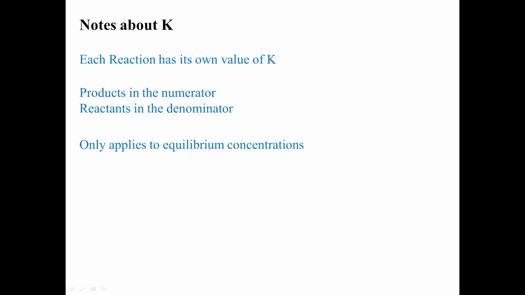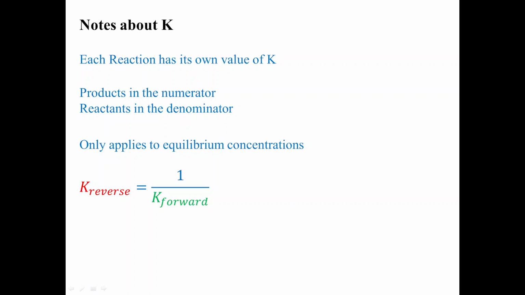And one thing to note is that the equilibrium constant only works for when we're actually at equilibrium. So it only works for equilibrium concentrations once equilibrium has been achieved. And the equilibrium constant of a reverse reaction is going to be equal to the inverse, or 1 over, the